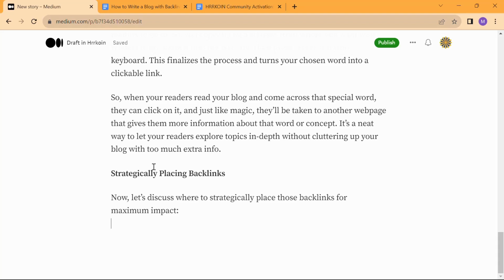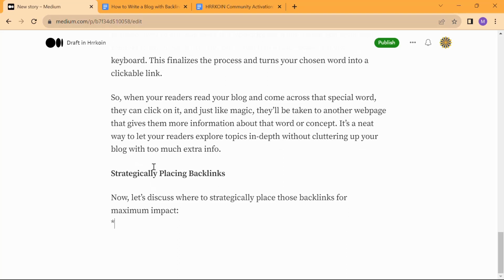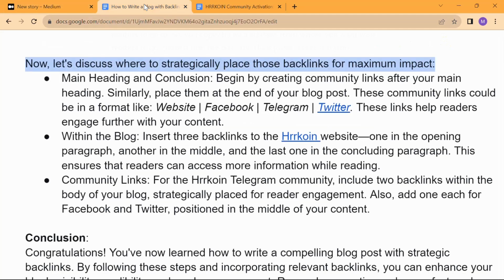Okay, so first we will write a star, and if we give a space after it, the star will become a period. It's like this. For the star to make a period, you have to start a new paragraph. So star and enter, and you got this point. So now we will add